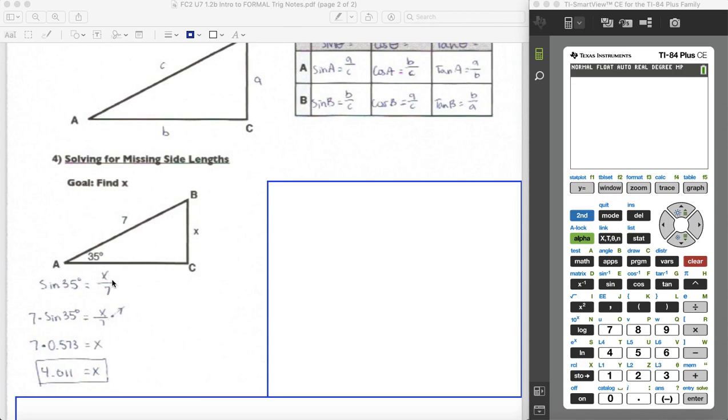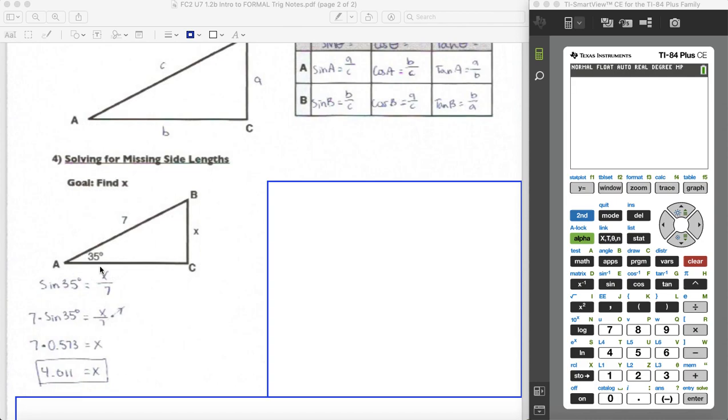How do I get x by itself on the right side, right? If I hone in on where's my variable x, how do I get it by itself? Well, if it's x divided by 7, how do I undo division? I multiply by whatever it's being divided by. That cancels it out. So if I'm dividing by 7, I should multiply by 7 in order to cancel out